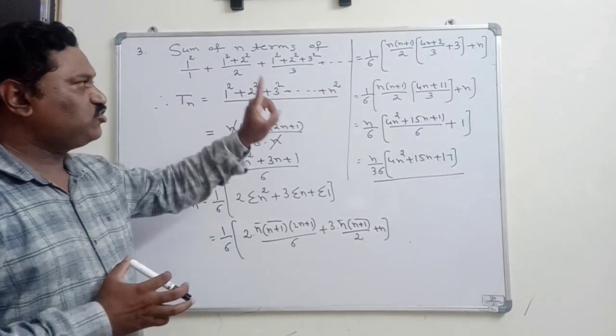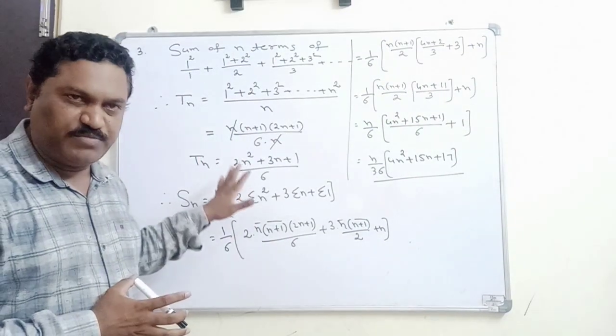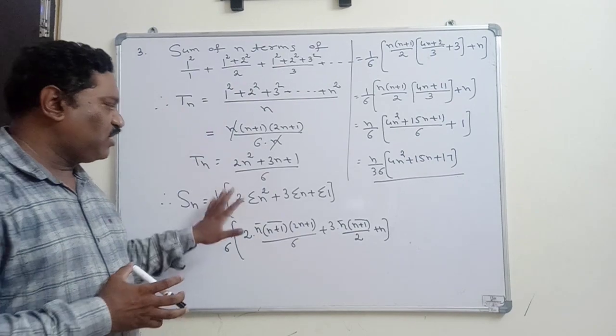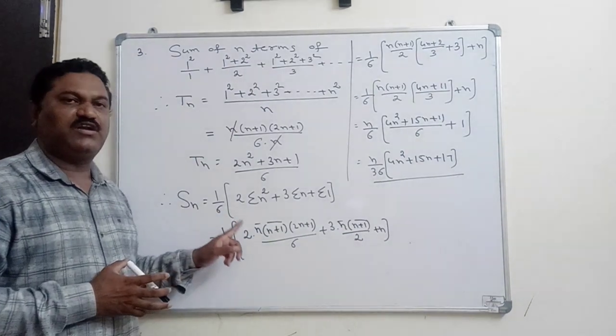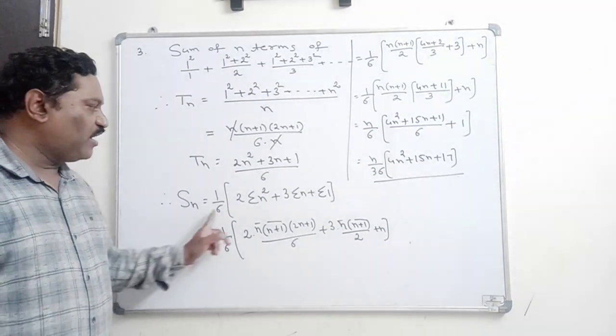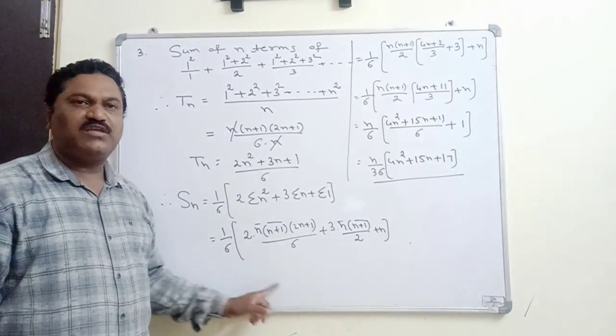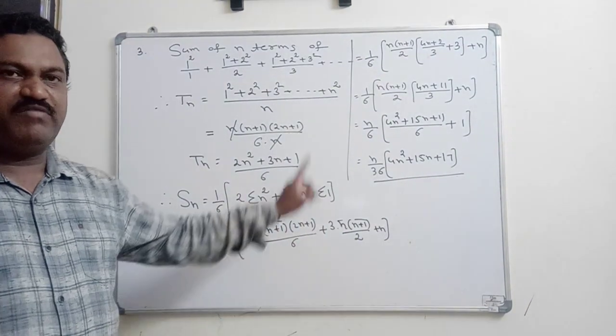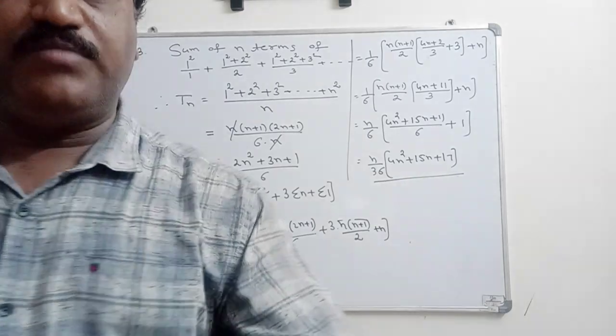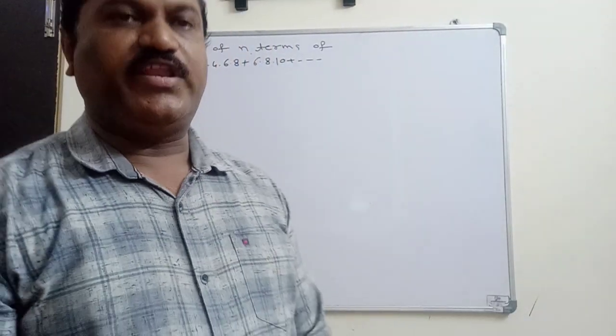First, by observing the first 3 given terms, write down the nth term of the sequence, and simplify that nth term. Keep the sigma for that nth term, we will get the sum of the n terms. Then write down the formulas for that sigma. Then carefully we have to simplify that. Then we will get the answer if we simplify it. Okay. Next, look at the next problem.